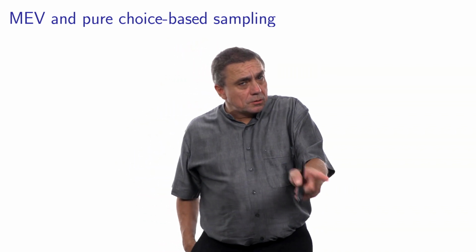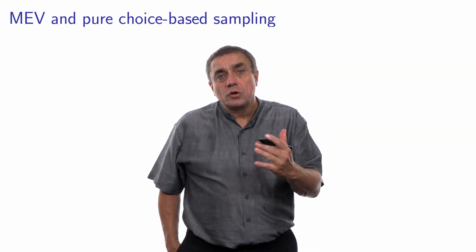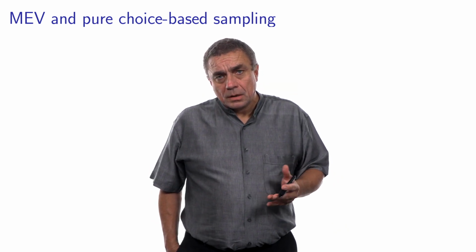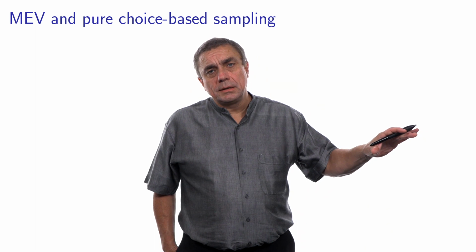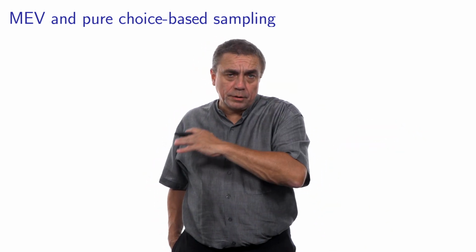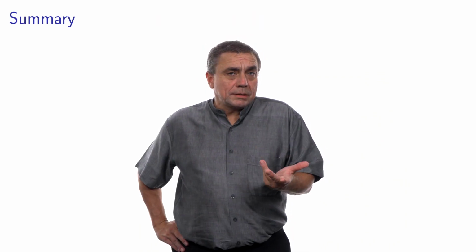In this case, this is not ESML anymore, right? It's a little bit more complicated, but still sufficiently simple to be applied in practice. I will leave the technical details out of the way in this video. I refer you to the paper, the references in the appendix, if you want to have more detail. When the sampling strategy is not exogenous, conditional maximum likelihood estimation should be preferred to maximum likelihood estimation.